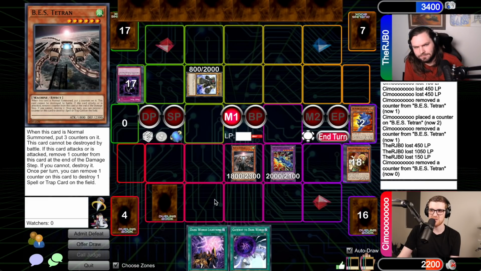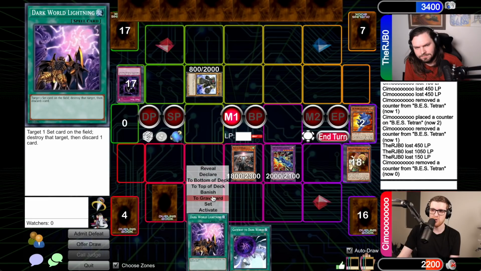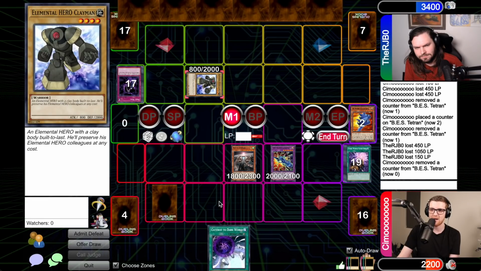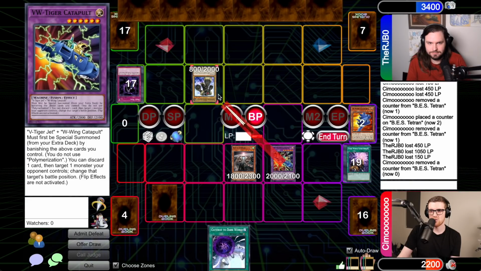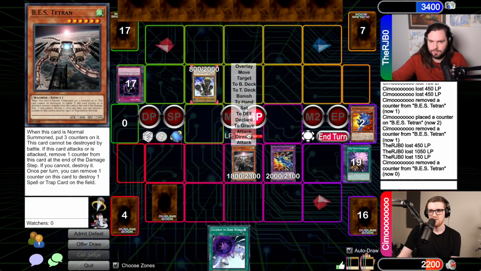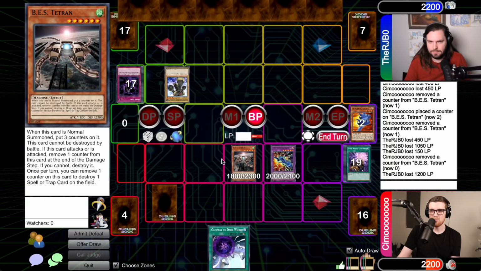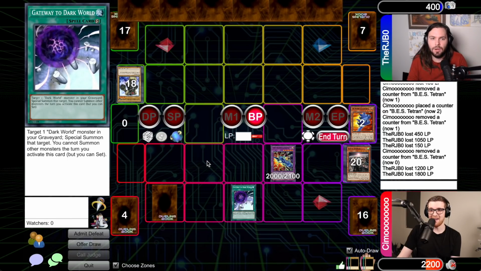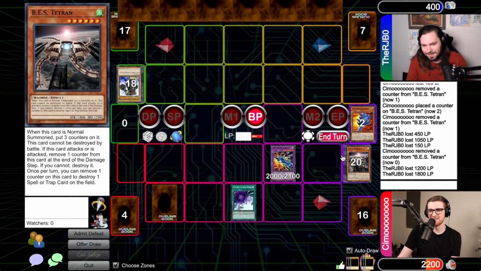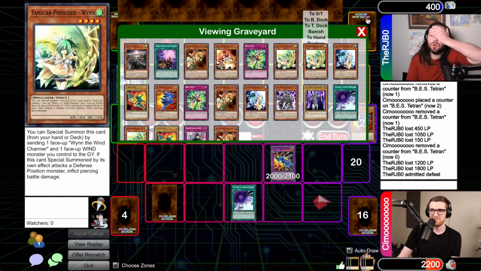So I'm going to go ahead and put Tetran to attack. I'm going to Catapult, Pitch, Lightning, put this to attack. Oh, okay. And battle phase, let's go 1200, 1800. I'll blow up my own Tetran. Okay, and then you're going to... Gateway to Dark World, baby. Yep, that is it. Ah, and of course I...